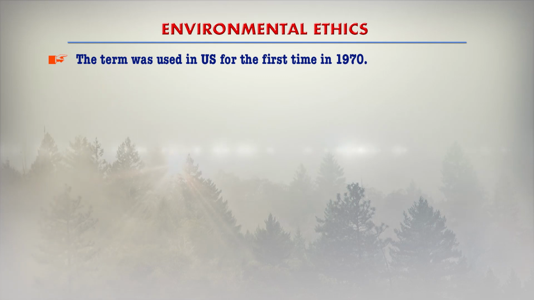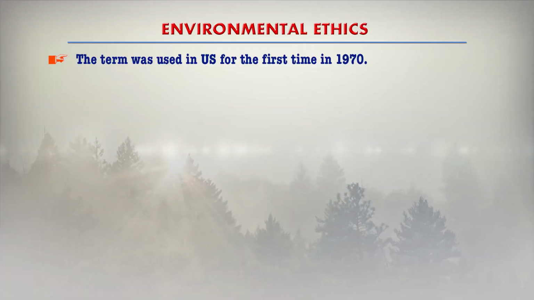So, learners, it was in 1970. First of all, in the US, the term environmental ethics was used for the first time, because this was the time when environmental pollution, the disasters related to the environment and our interference in nature grew manifold. At this time, a lot of environment and development related conferences were happening. You must be aware of the 1972 conference which took place. Then the term sustainable development also came at this time. So, this was the time when we first coined the term environmental ethics, and according to Wikipedia,